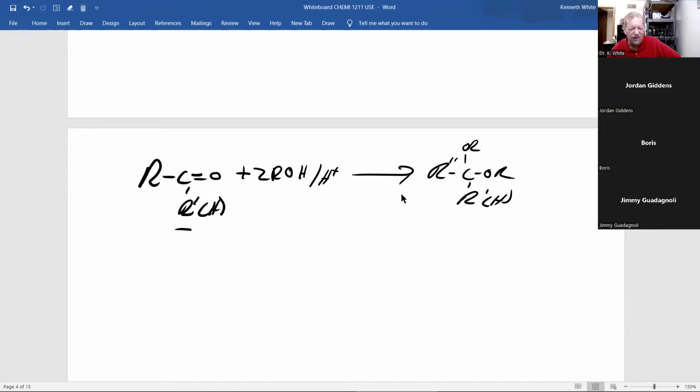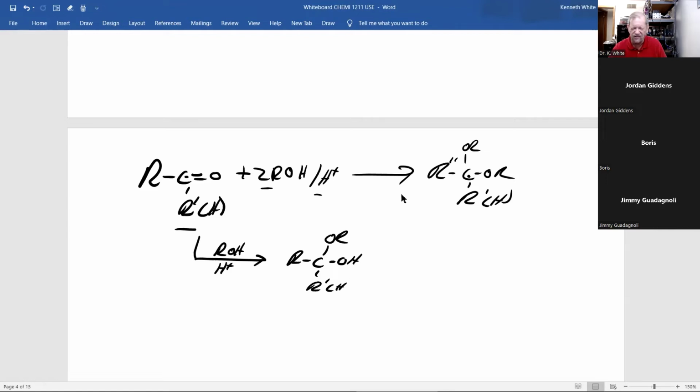If you take a ketone or aldehyde and react it with 2 moles of an alcohol with an acid catalyst, you'll get this acetal or ketal. Now, what I didn't show you was that it's stepwise. And this will not be on the test, but it'll help you understand what I will show you. If you take an alcohol and acid, you learned this for test number 1 or number 2, you will get this compound,